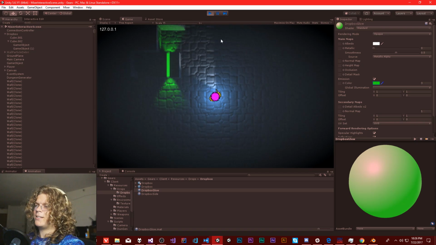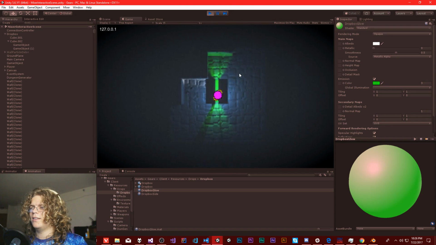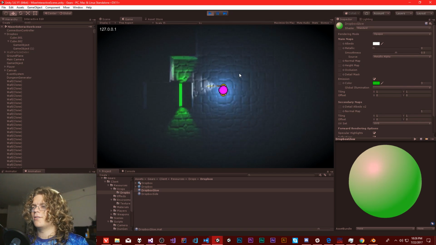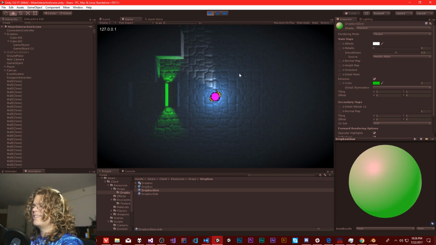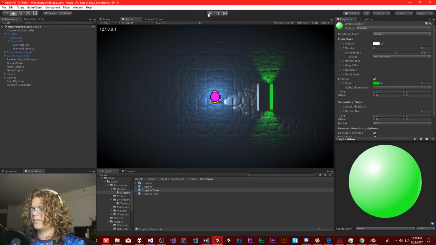Cool. So that's a Dropbox. I don't really know how pickups and stuff are going to work on that, but it's a thing that you can walk into the middle of. Whatever. So I think it's going to open as soon as you get within, because I want it to drop from the sky, which we can